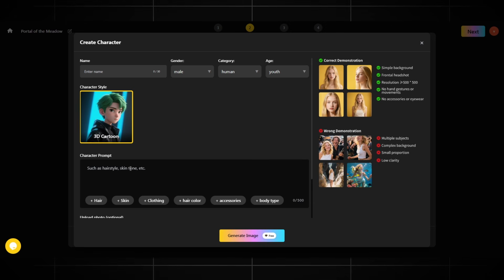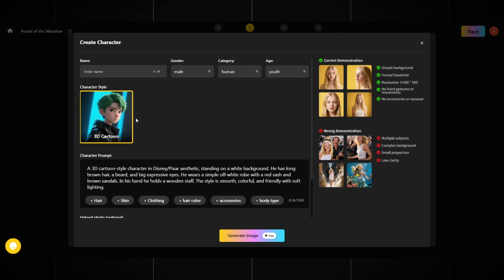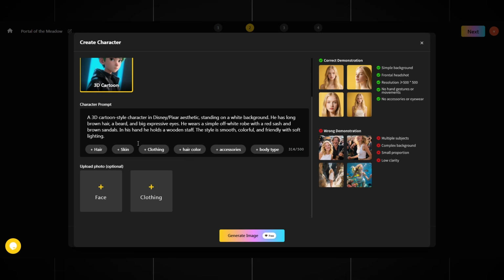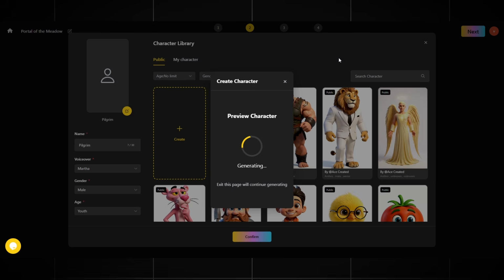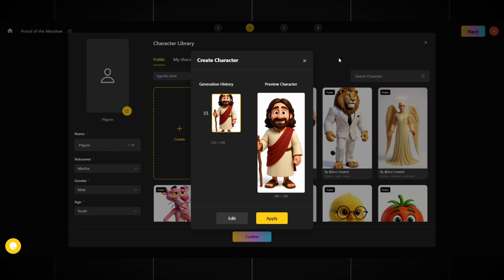At the top, you can set the gender and age of the character. Adjust it according to your character. You can also upload an already existing character here if you want, and if you already have a ready image. If not, leave it as is. Click Generate Picture and wait about 15 seconds. Save and repeat the same steps with the other characters. Save everything and click Next.